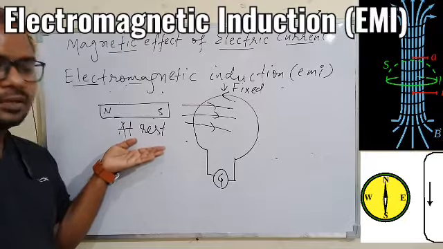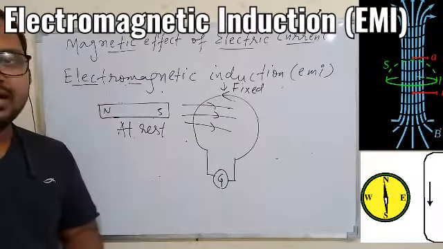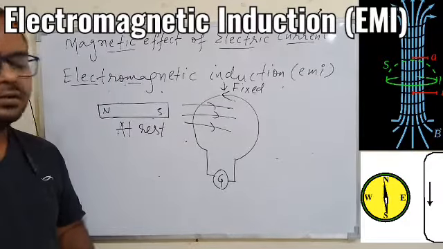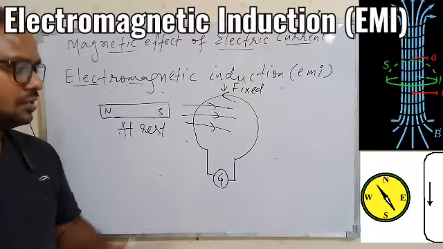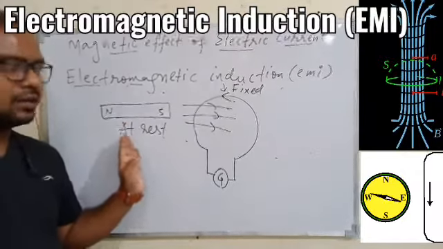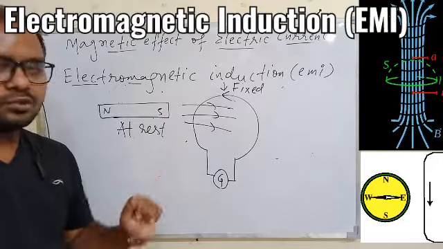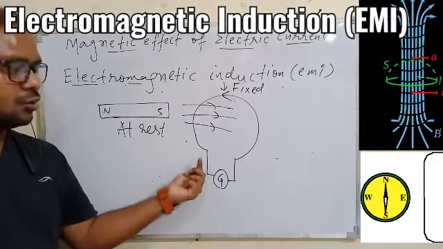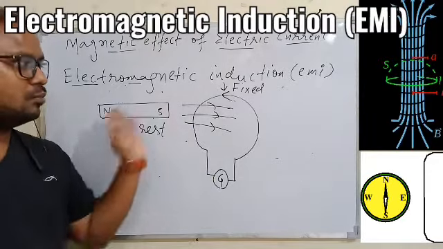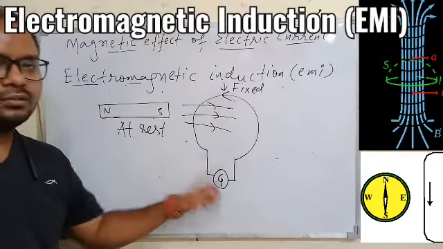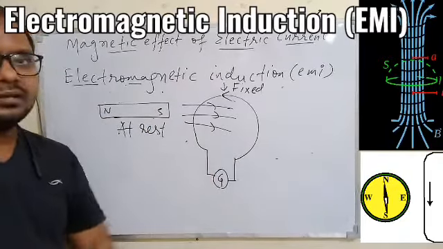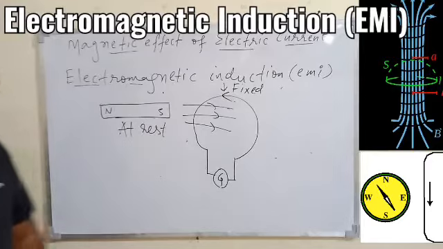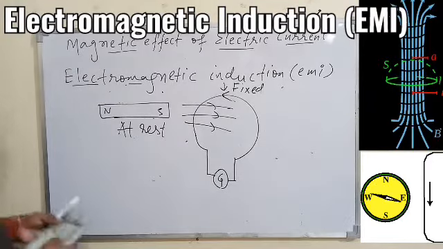If the magnetic flux becomes constant, then current will not be induced in the coil. So the time the magnet comes to rest with respect to the coil, the galvanometer will show you 0 reading. The time you move the magnet to and fro, the galvanometer will show the reading in different directions. So I hope you understood.